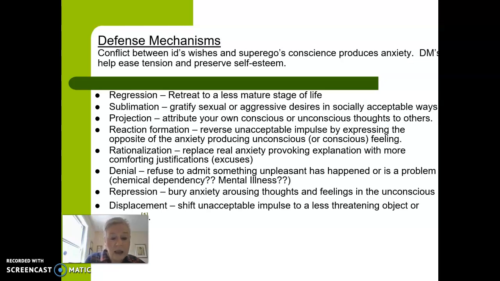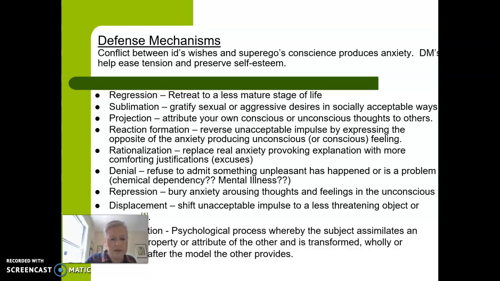I cannot yell at my students unreasonably if I'm frustrated, or I can't go to my principal and complain that I don't like the way he's doing things, even though I do. I like you, Mr. Principal. But I can go home, and indeed I might shift that unacceptable impulse. I want to hit a hole in the wall at school here, although it would hurt because it's brick, but I can't do it. So I get home and you know what? I yell at my kids. That is a very commonly used defense mechanism.